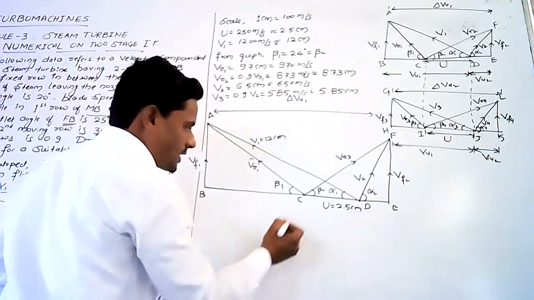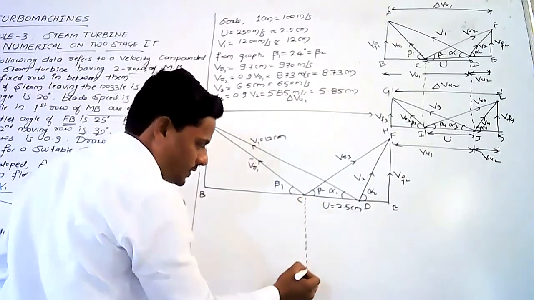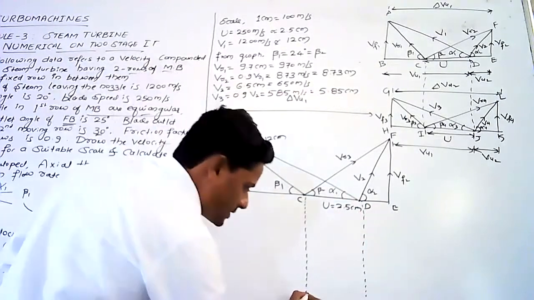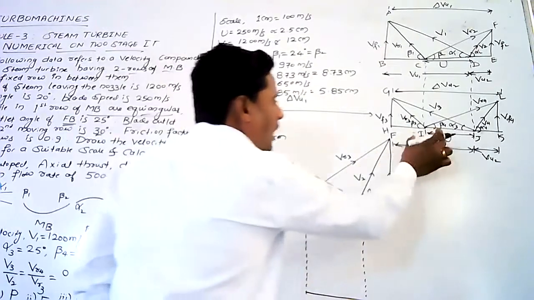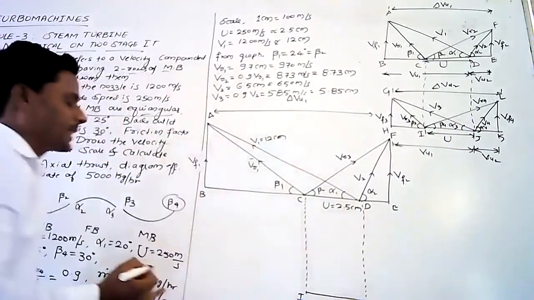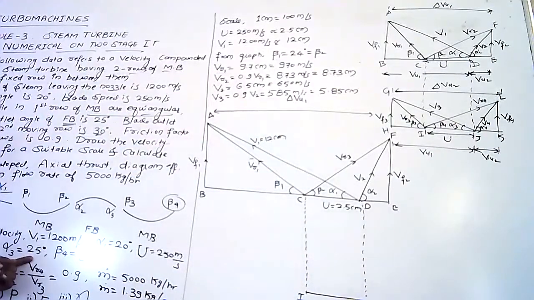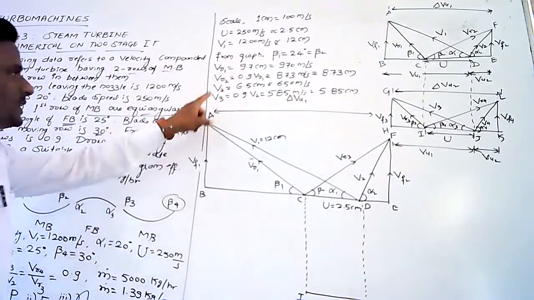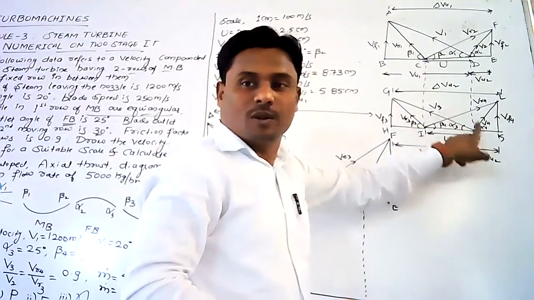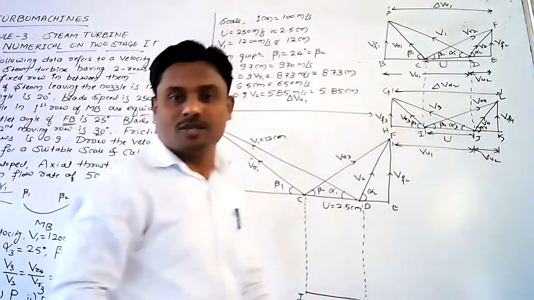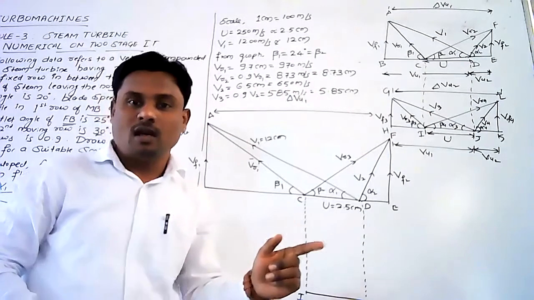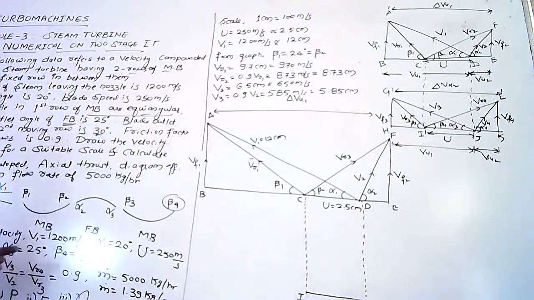Now, in order to draw the stage 2, just take the locus from point C and point B respectively. Draw a horizontal line here. This is IJ, with I and J here. Now, do we know the value of alpha 3? Yes. We know alpha 3 as well as V3, because from J at an angle alpha 3, V3 is emerging. We know the length of V3, that is 5.85 centimeters, and also the angle alpha 3, which equals 25 degrees.